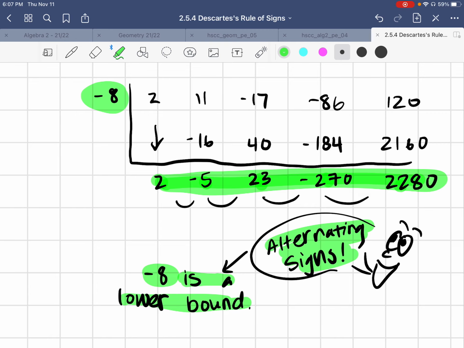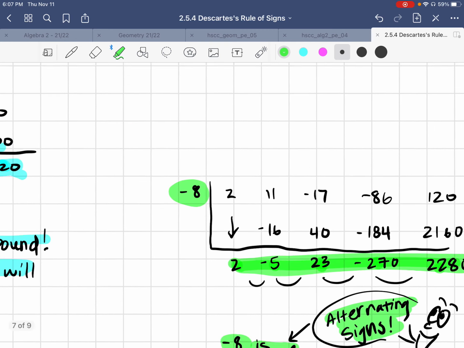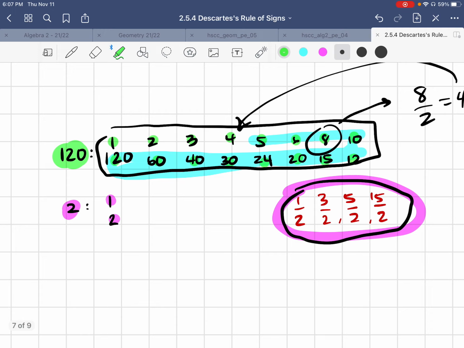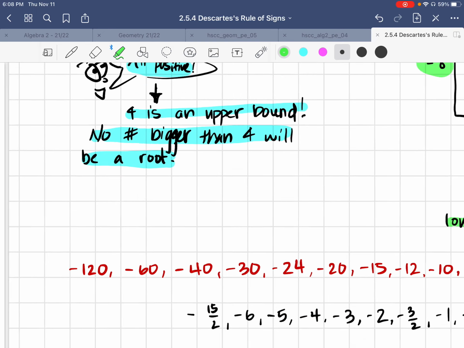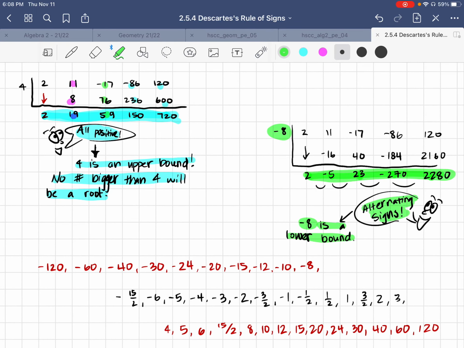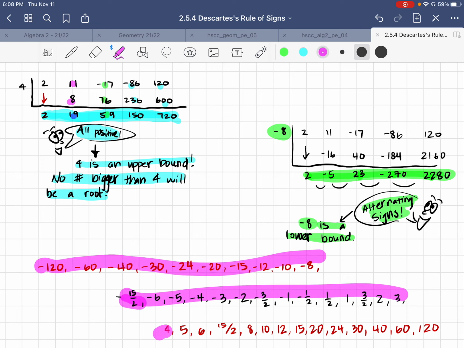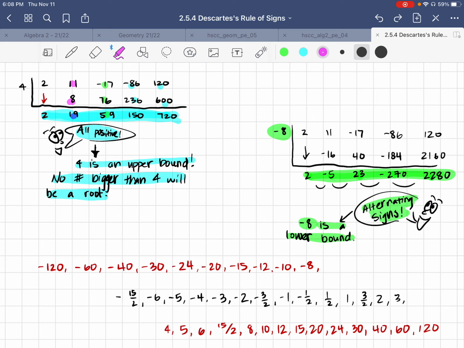Now, why is this so important? Well, remember the numbers that I gave you up here. Those are the possible rational roots. Possible rational numbers, not real numbers, because you can also have the irrationals. But these are the possible rational numbers. So if you took all those rational numbers and listed them out, this would be the entire list of numbers right here. But using Descartes' lower bound and upper bound theorems, or corollaries, you have now been able to